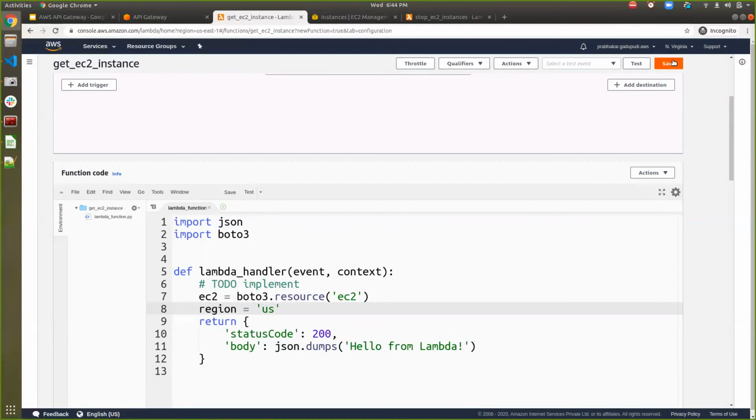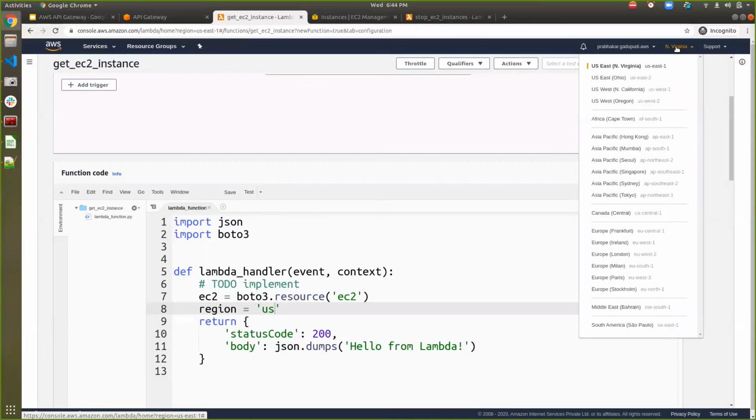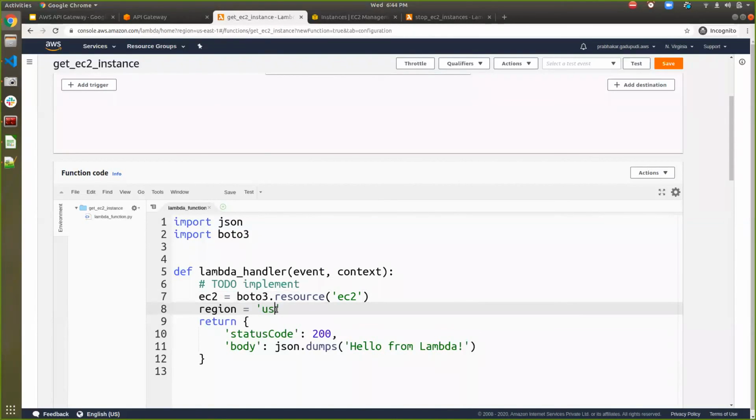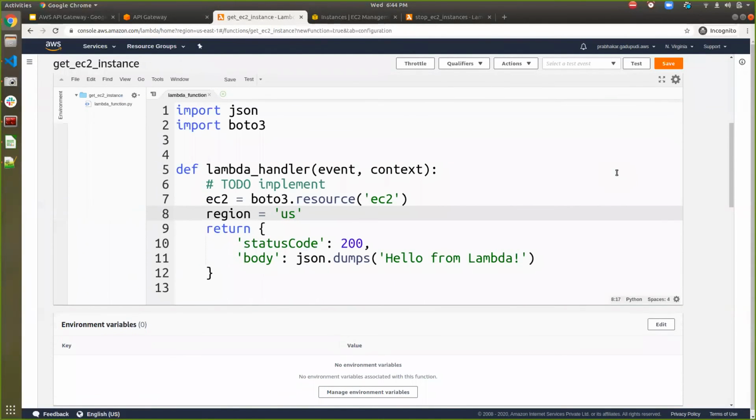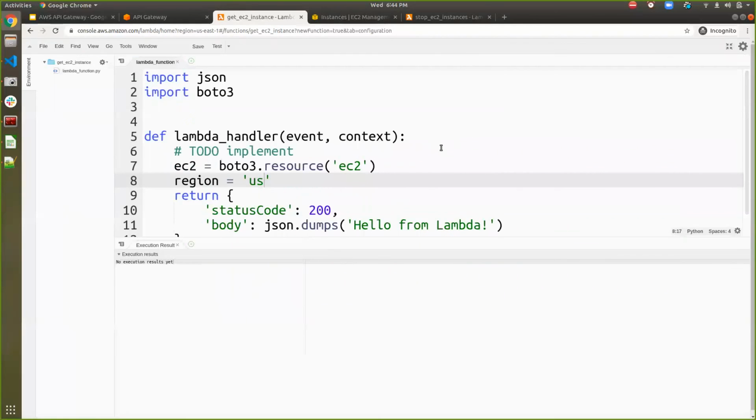Here is my region, that is US East 1. I can specify US East 1. Once you specify that, your EC2 object is ready.